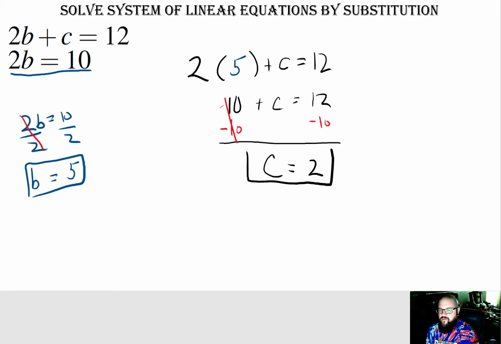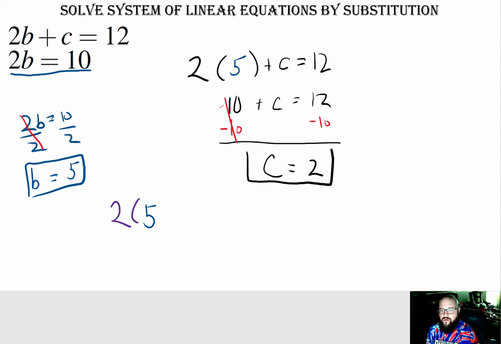So for our b value we got 5, and for c we got 2. You can always go back and check in the equation to see if it works. The only equation we have with both variables is up top. So let's plug in the 5 and the 2 and see what happens. We take 2 times our b value, which was 5,